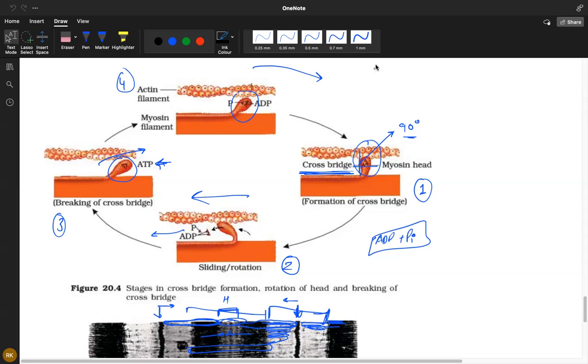The muscle contraction can be stopped by stopping the motor neuron signal to the muscles,